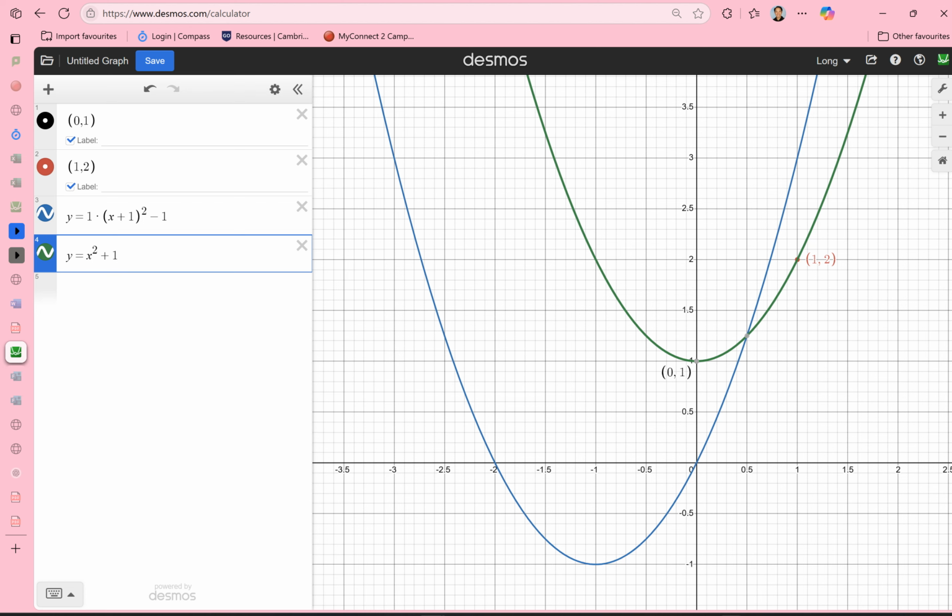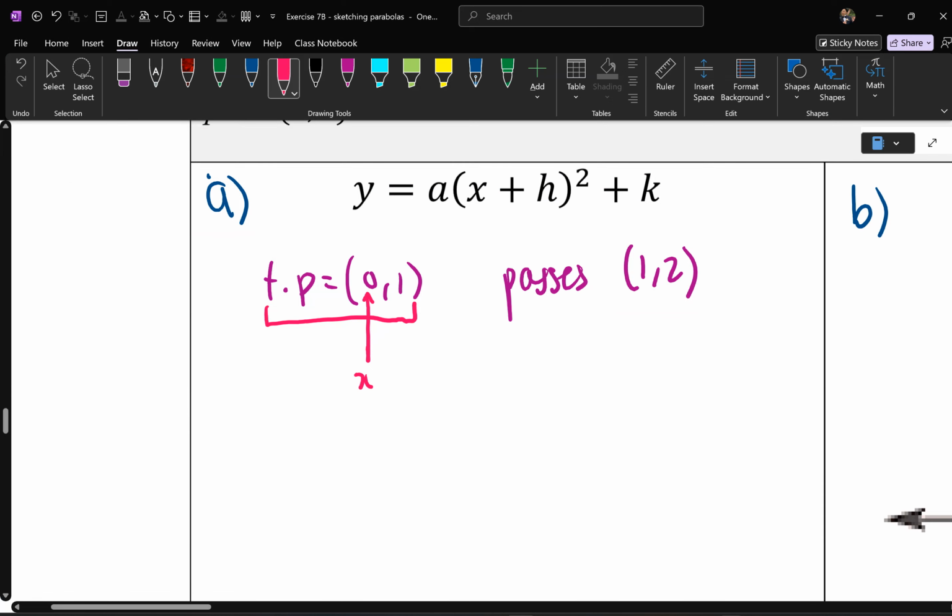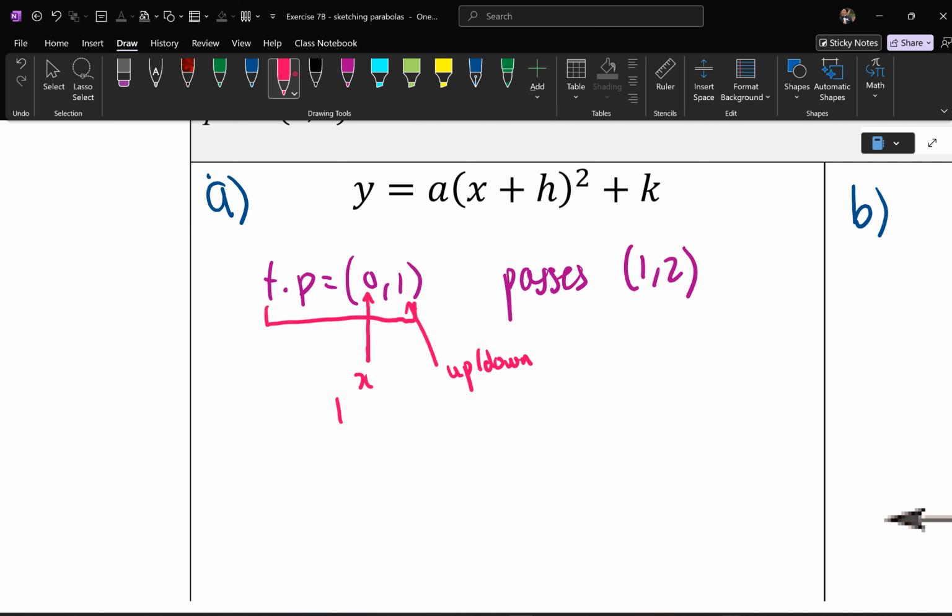It's only gone up by 1. So just looking at the turning point, the y-coordinate dictates up or down. And the x-coordinate tells you whether you had to go left or right. But since x is 0, it means no left or right. But there's a y-coordinate of 1, so it must have shifted up by 1